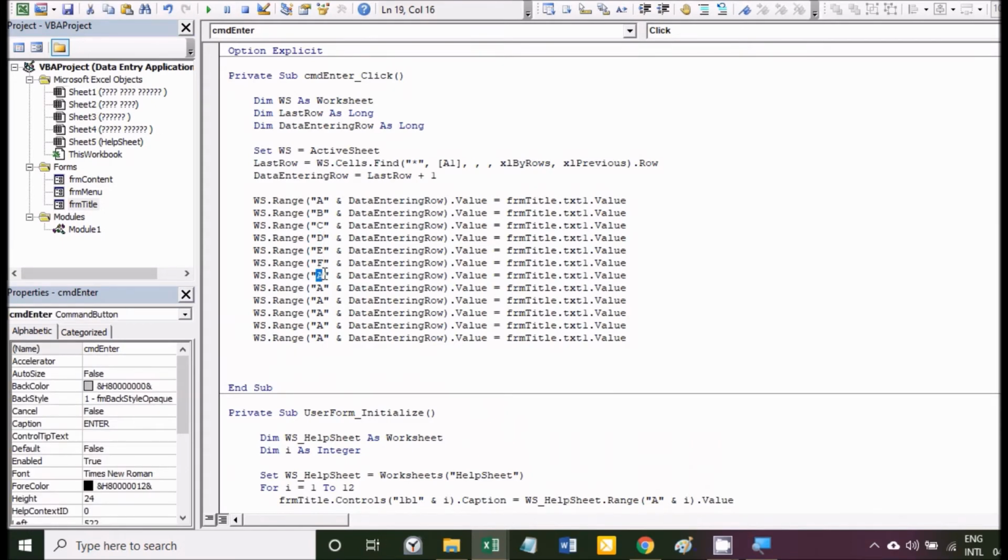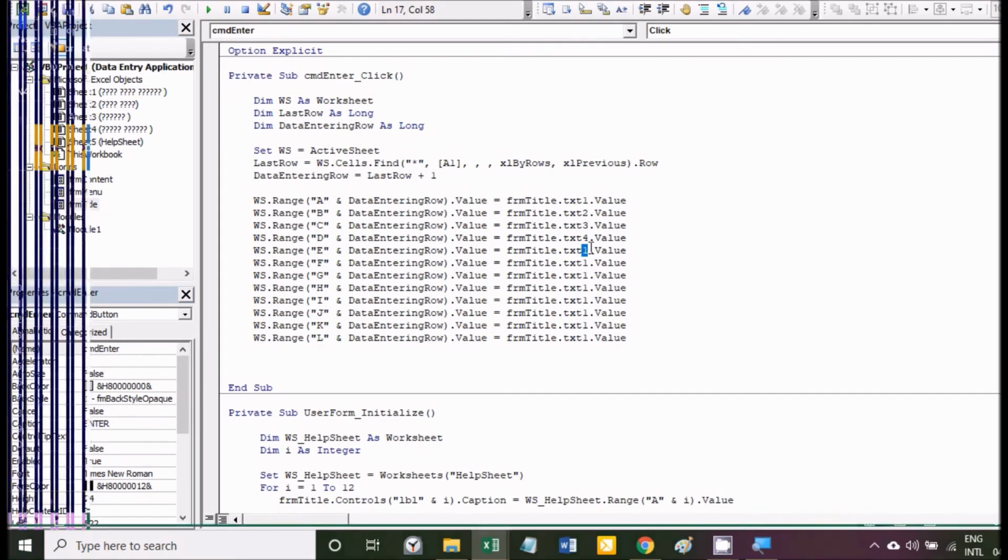F, G, H, I, J, K, L, and here let's change these numbers: 1, 2, 3,